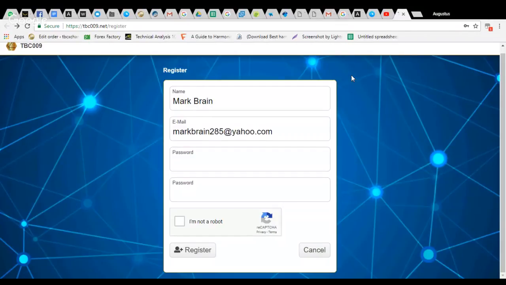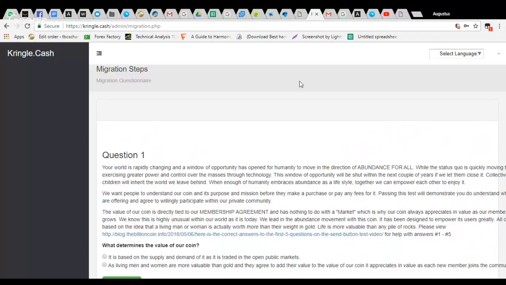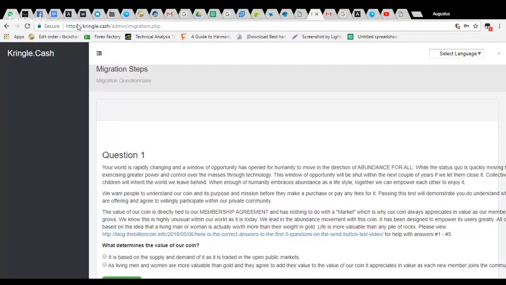We are here with the questions again. So after completing the questions, what you have to do is come to the TBC009.net, do a new registration, copy the wallet address, and then paste it into the required area that you are supposed to paste your wallet, and then you click submit. Final stage after